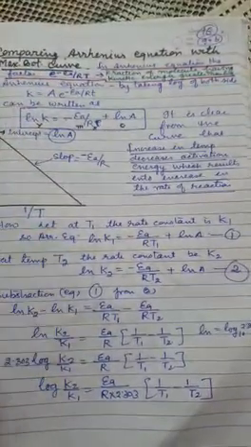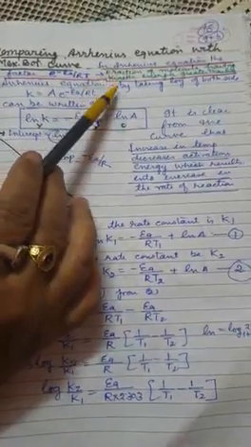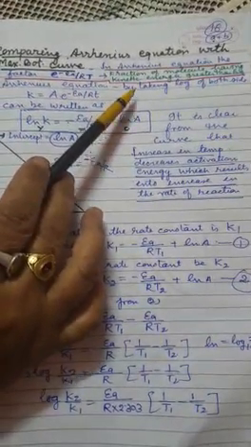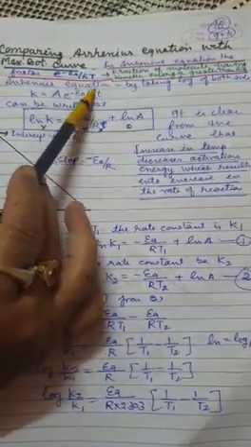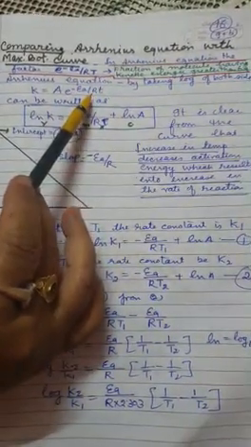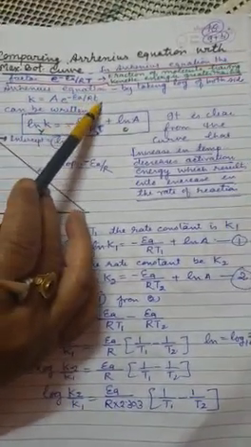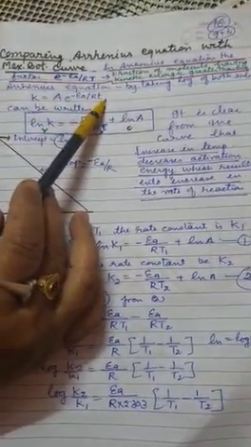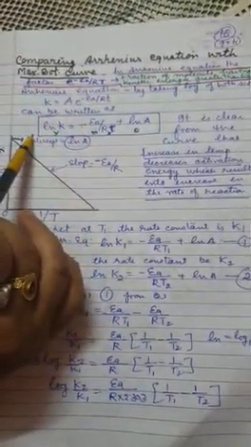Activation energy, which we call the energy required to form the activated complex. So the fraction of molecules having energy greater than activation energy is represented by exponential of minus Ea upon RT in the Arrhenius equation. Now, the Arrhenius equation we can write by taking log of both sides.